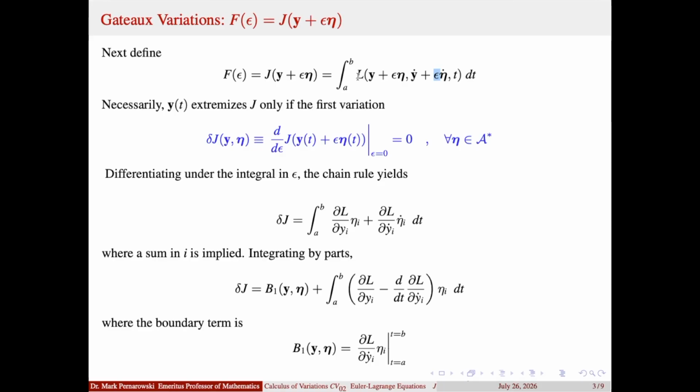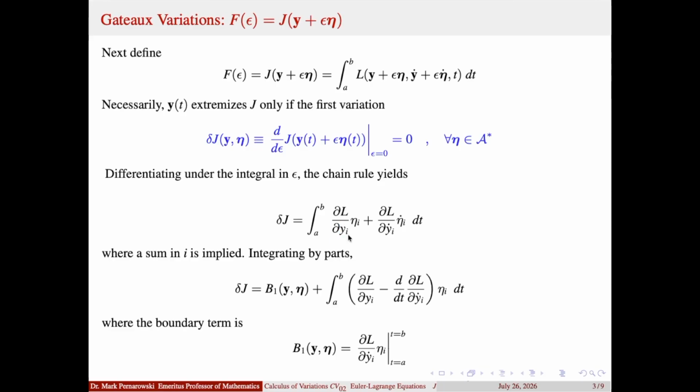So if I do that, I'll take the derivative in the y arguments times, with the chain rule, the derivative of this thing in epsilon. And then I'll have a derivative of L in the y dot arguments times the derivative of this thing in epsilon as well. So what you get when you do that and you set epsilon equals 0 is